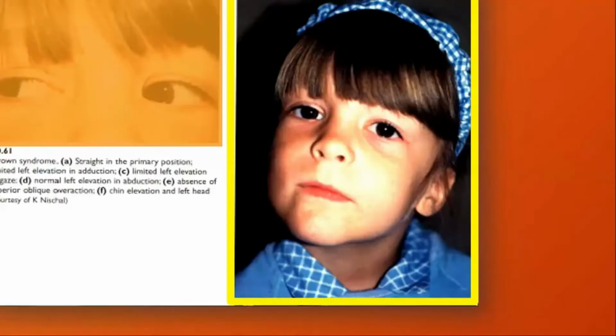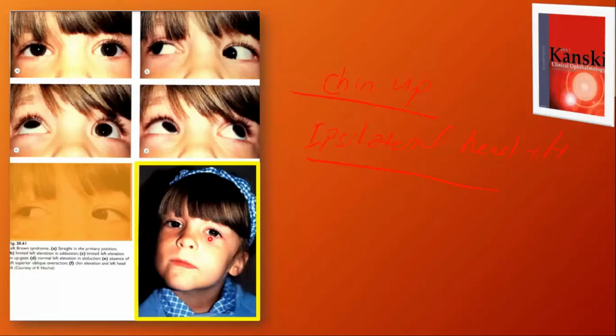How about the fester? The problem here: the left eye can't elevate in adduction. So it looks like what? It looks like an inferior oblique palsy. The inferior oblique can't function because of the restriction. So again, the patient cannot elevate in adduction. So in this gaze, in this dextroelevation, we have a problem.